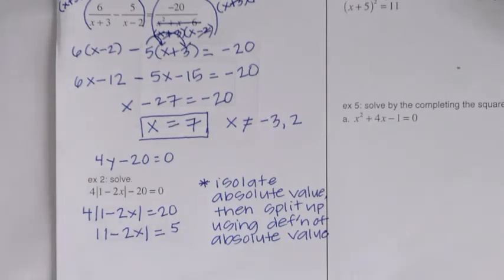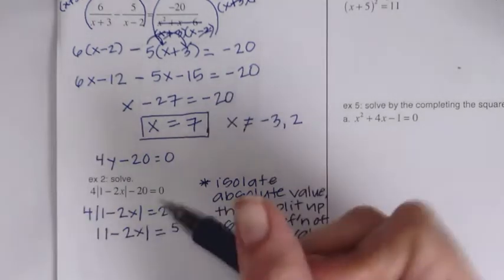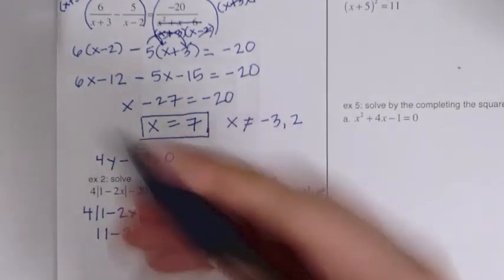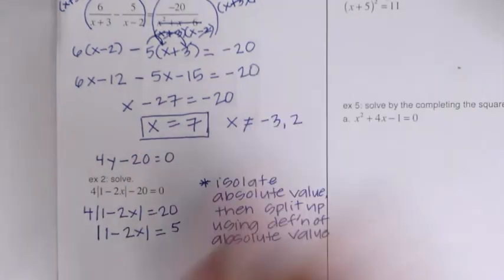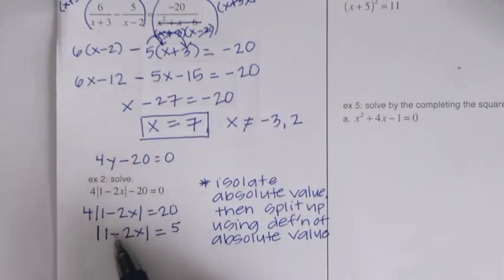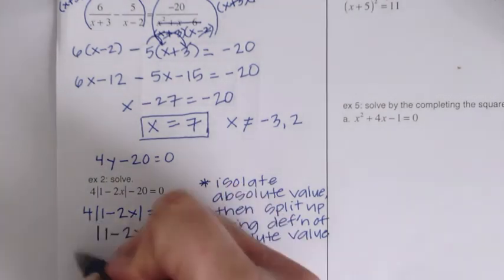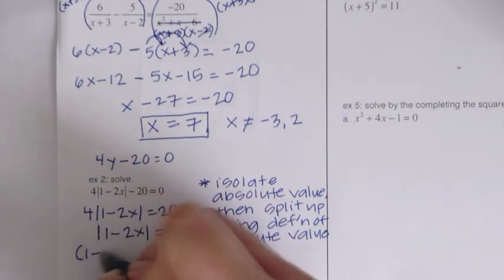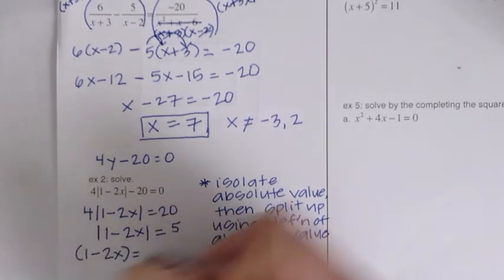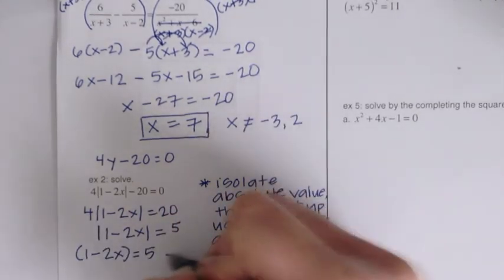We'll get the same thing. You can use that method. There's nothing wrong with it, but what I want you to just focus on is absolute value, which is what we have right here. Whatever's in here, if it's positive, it stays positive, and whatever's in here, if it's negative, it also becomes positive. So both of these are equaling positive 5, but what we're really having is the positive case equals 5, and the negative case